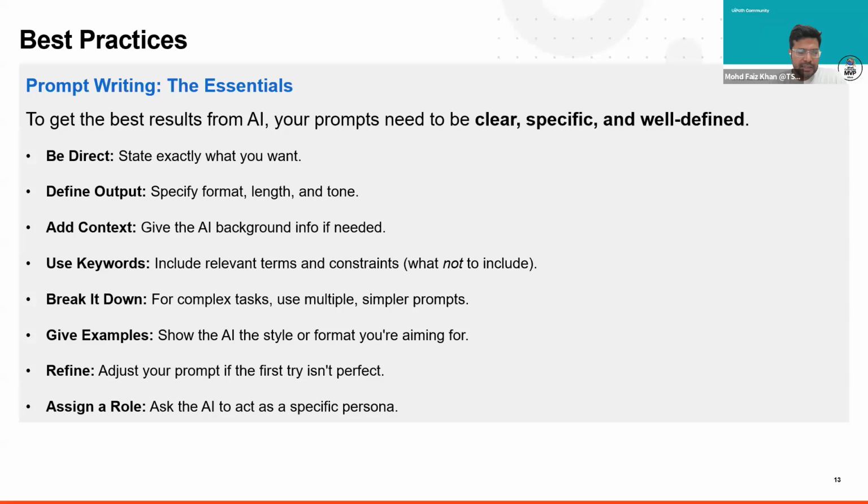Refine your prompt. Assign a role, like I said. You have to assign a role to your agent so that it will specifically work on it. Like if you want, you can say you are an architect, or you are an RPA developer, and you can write code like an RPA developer for email automation or Excel automation. You can define a role for your agent or your assistant.